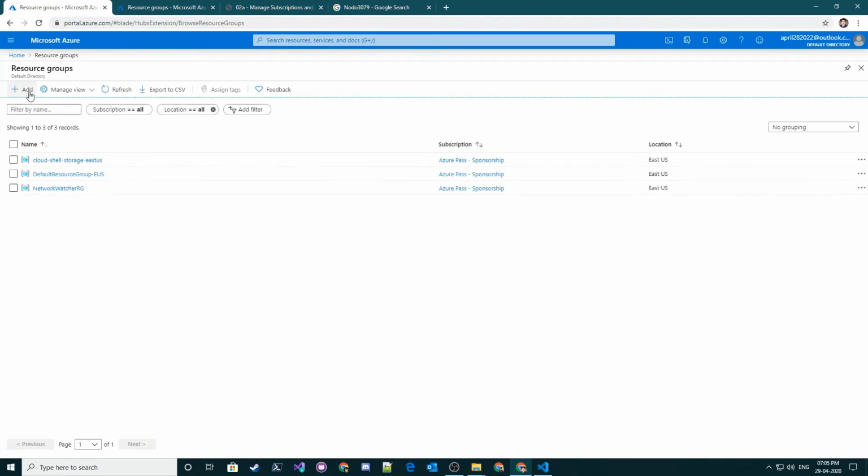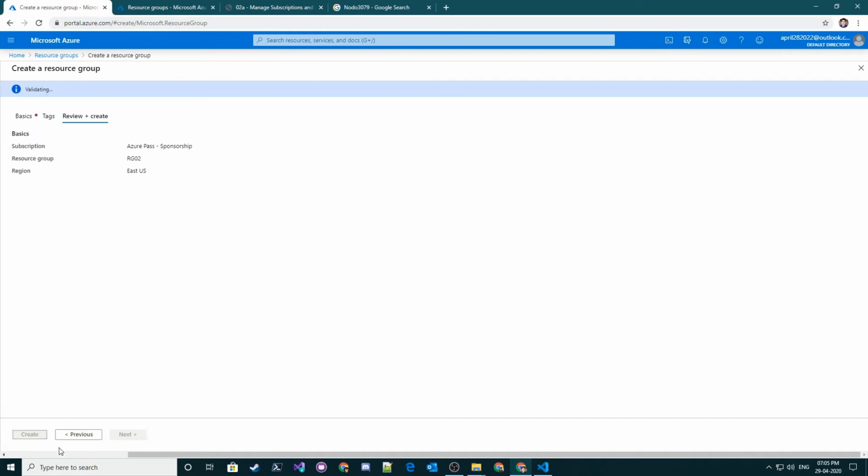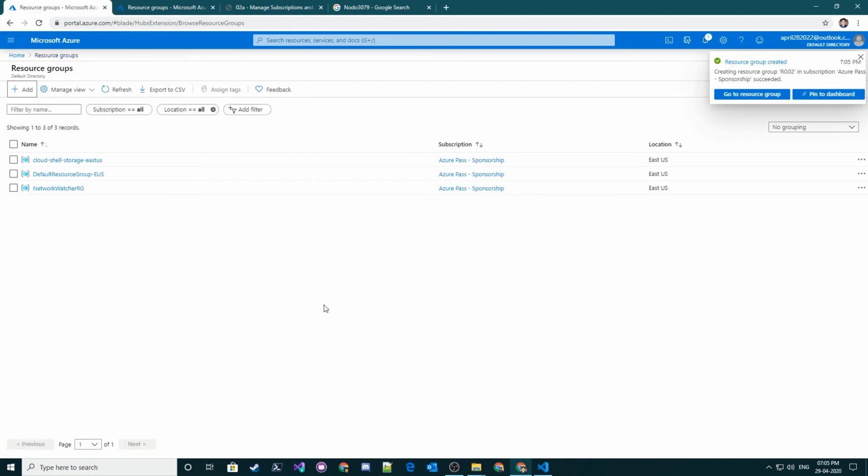I think that resource group was not created. Let's create one more resource group, RG02. I'm not going to name it the same. Let's click on create and wait for it to get deployed.